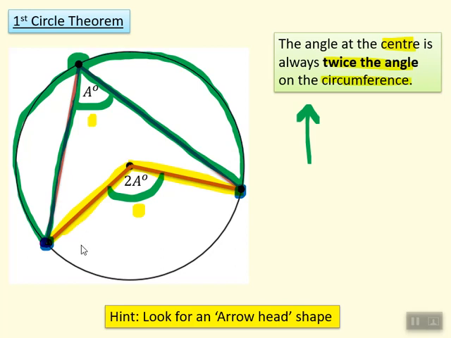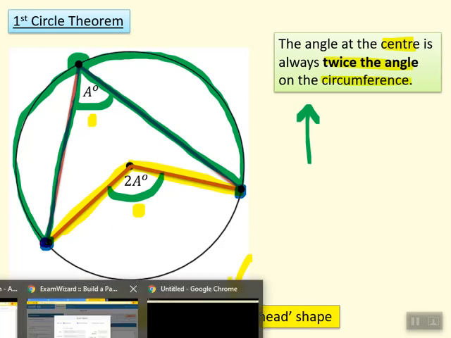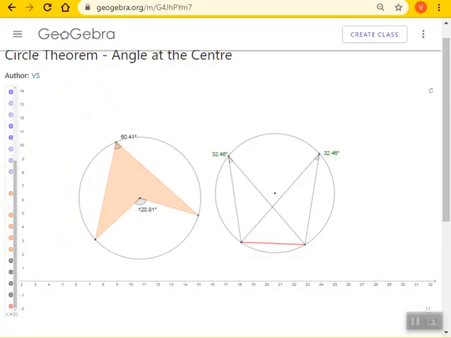But I just want to demonstrate this to you on a piece of software, because down here you might have read this already, but it says look for an arrowhead shape, but that's not always the case. I want to demonstrate that here. This is a piece of software that I use to demonstrate these circle theorems. You might not be able to clearly see this, but here's that arrowhead shape. You're going to have to ignore the decimals because the software isn't great at rounding them correctly. But if you look at the integer part, it says 60 there and